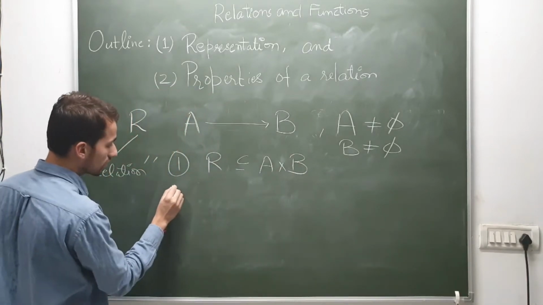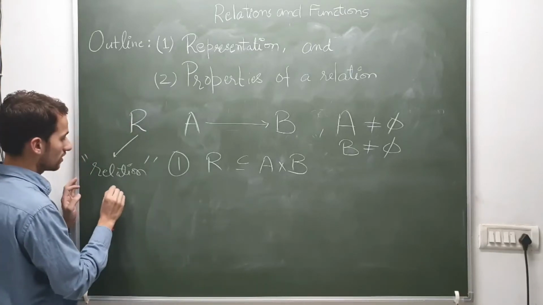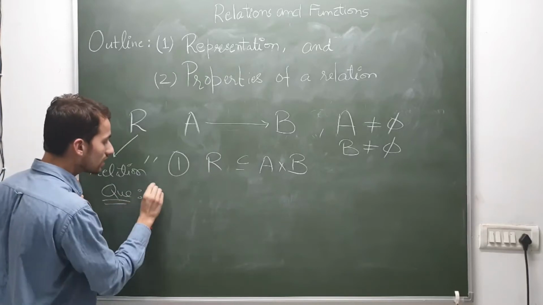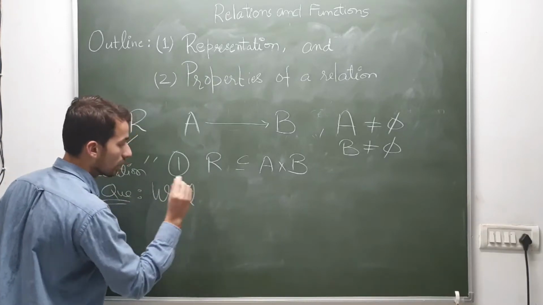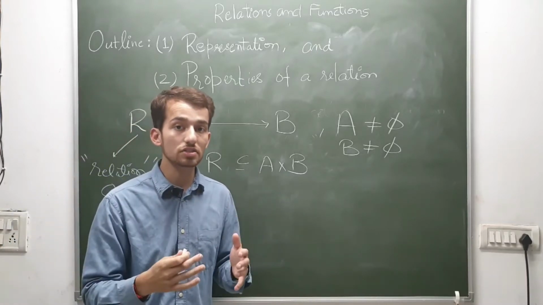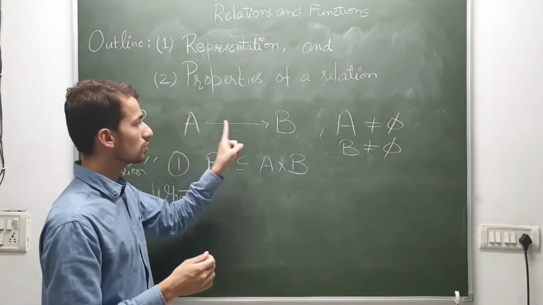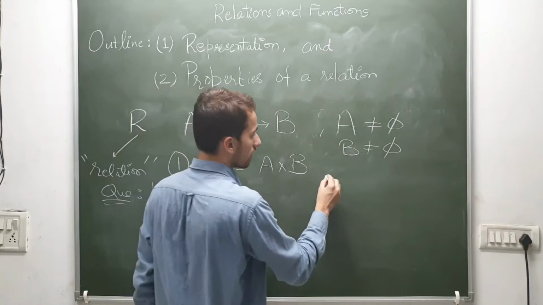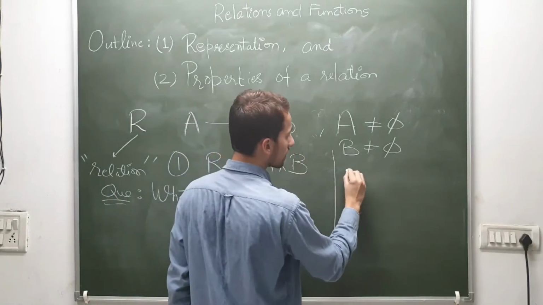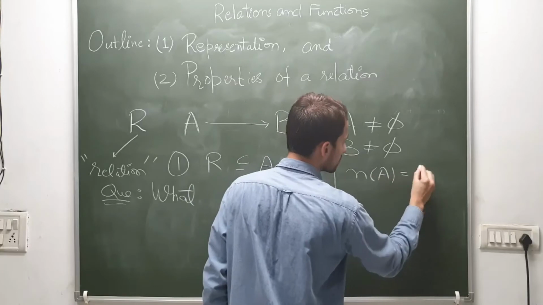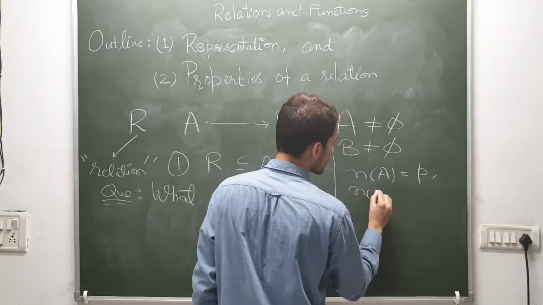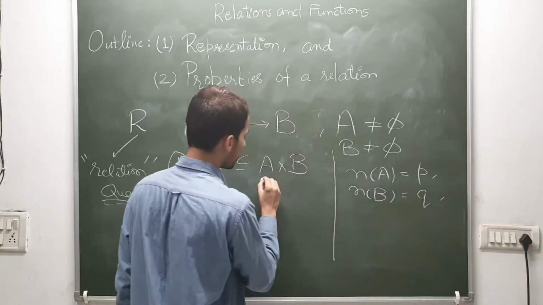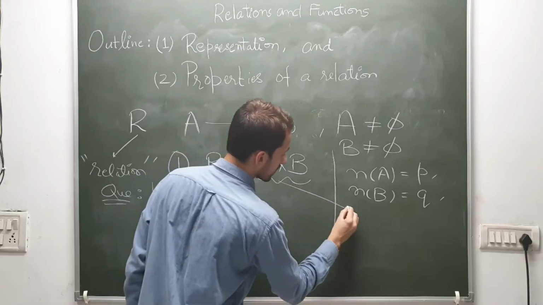The second property is a kind of question that we want to answer: what are the possible number of relations which we can define from this set A to the set B? This is the one assumption which we made. One more piece of information: suppose the number of elements in the set A is P, and the number of elements in the set B is Q, then we know that the number of elements in this set is,